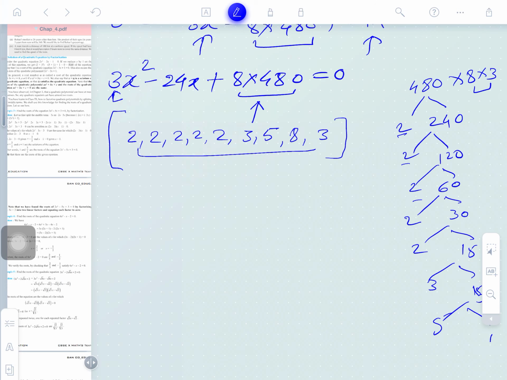So from these we have to make two factors such that their difference or sum must come to 24. The trick is there: how many 2's are here? 1, 2, 3, 4, 5 2's are here. So 3 2's together can be taken as 8. So 8 8's are 64, and 3 3's are 9, 9 5's are 45, 45 2's are 90. These two factors we made here. What is the difference between them? The sum will exceed, and the difference will be here